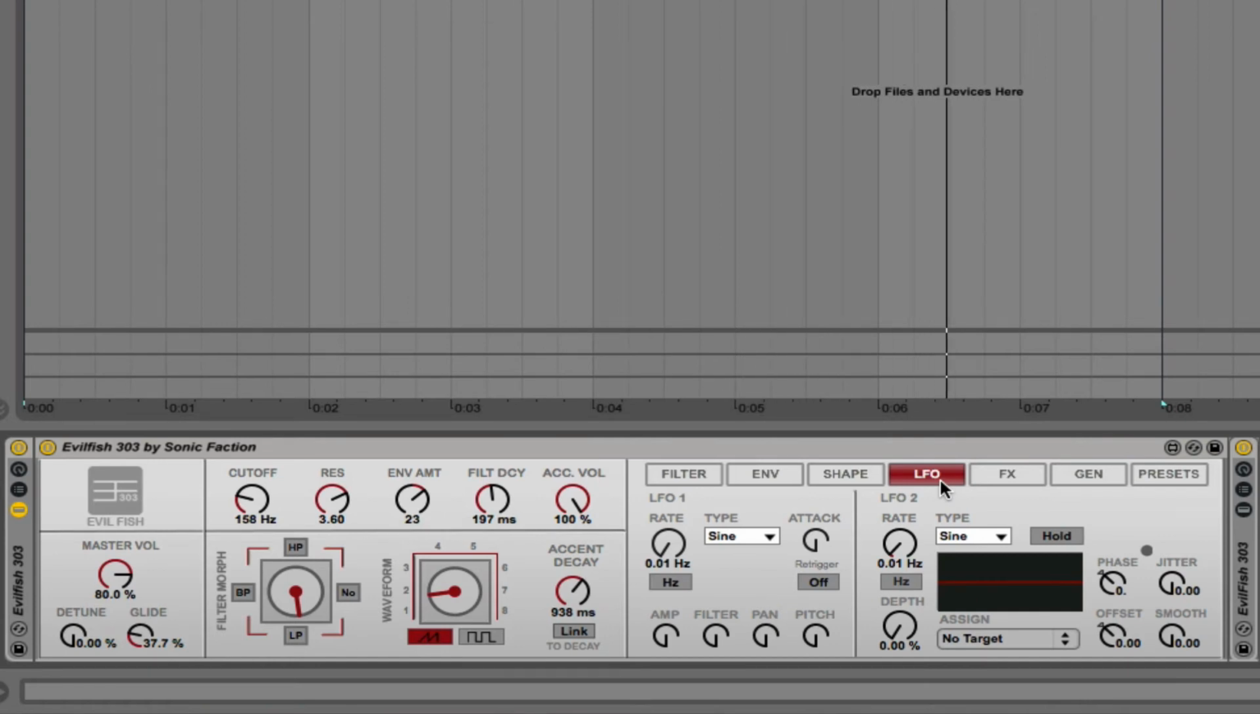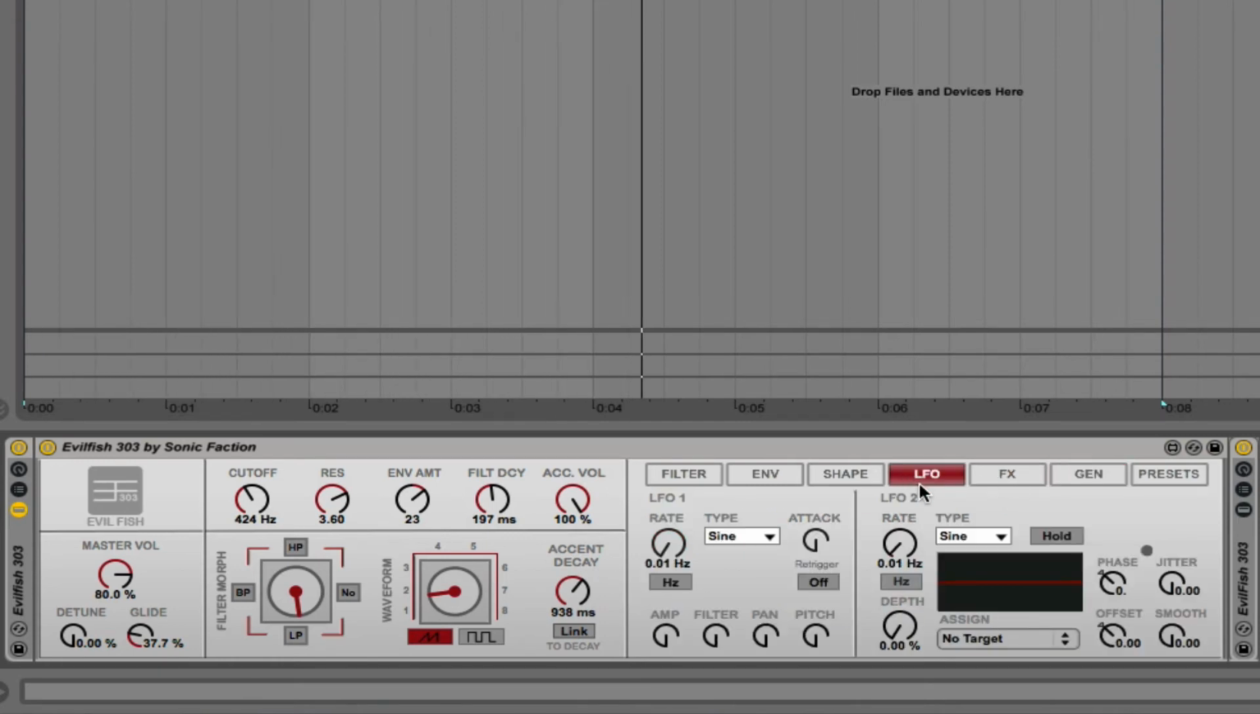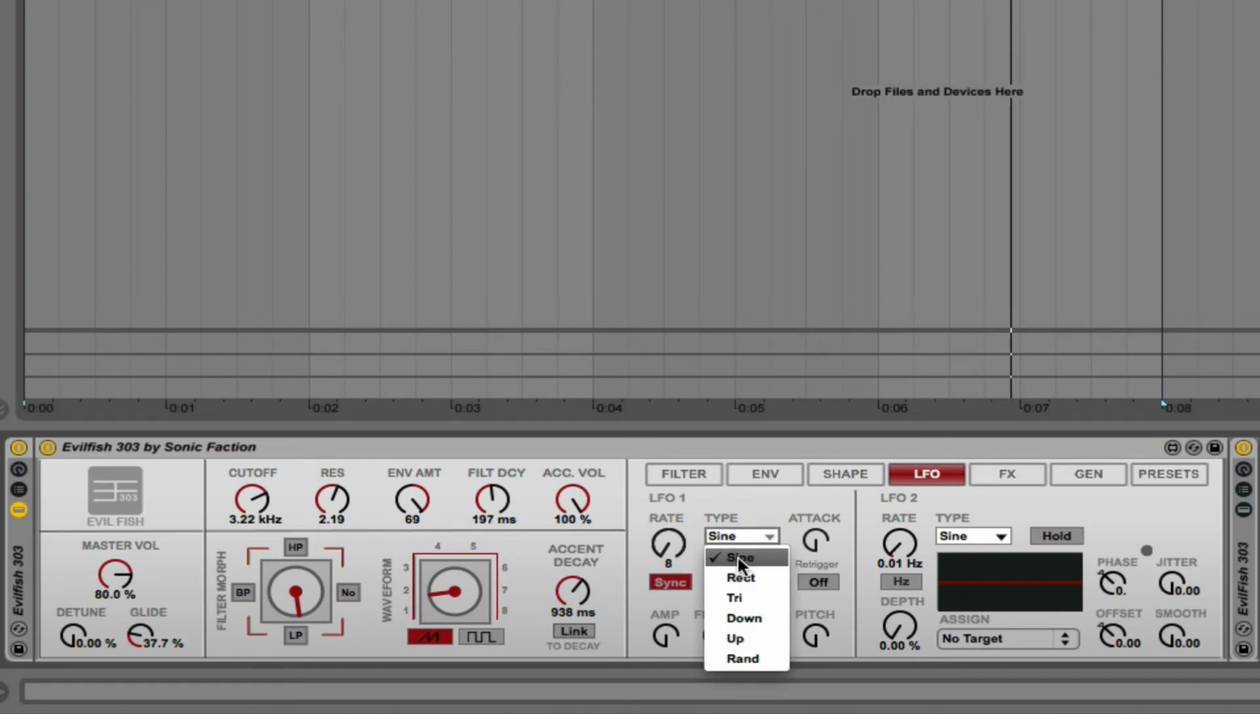Let's move on. And as we move on to the LFO window, I'm actually going to change up the pattern again. So in the LFO tab, we have 2 different LFOs. Okay, so we have LFO1, and you can control the rate in hertz or synchronized, and you can choose the type of LFO. So I'm going to go with a sine wave,